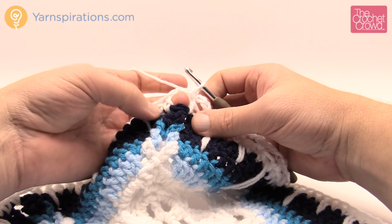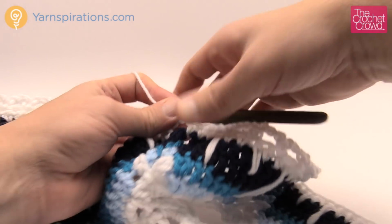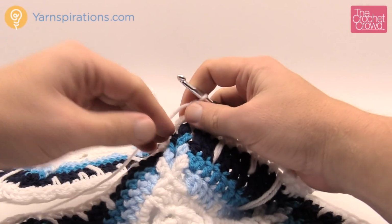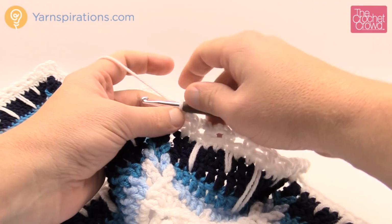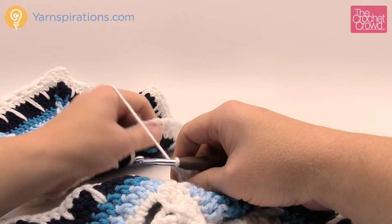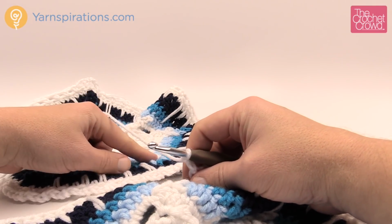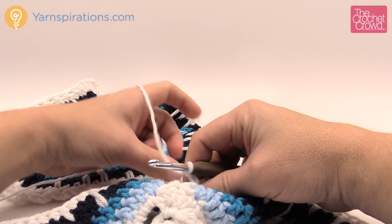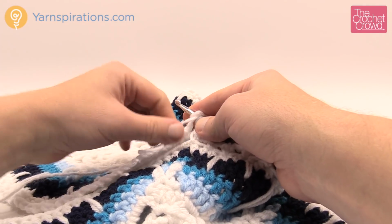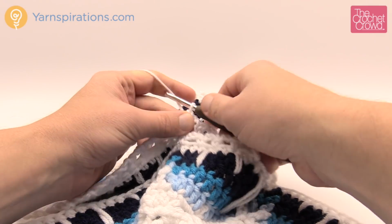we start attaching to the neighbor right on the corner space itself. So let's get our neighbor up, and we're going to start joining it to the neighbor on the other side. So on the corners only, it's going to be chain 2, 1 and 2, and we just get another one that's in the same corner on the other side. Make sure the right sides are facing up, that the braids are facing up towards you, and just make sure you get the same one and just slip stitch. So you just want to match these spaces. So slip stitch, chain 2,